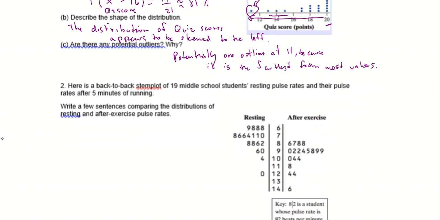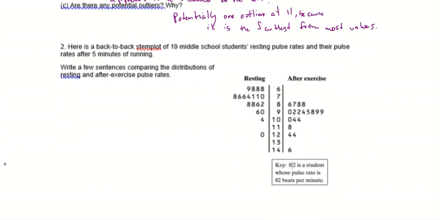So that's talking about the quiz. Now let's have another problem. In this problem, we have a back-to-back stem plot. Here is what's known as a stem plot of 19 students' resting pulse rates and their pulse rates after 5 minutes of running. We're going to write a few sentences comparing the distributions of resting and after exercise. So we're going to compare these two things. When we're doing this, we first want to get the context. So we're going to compare the